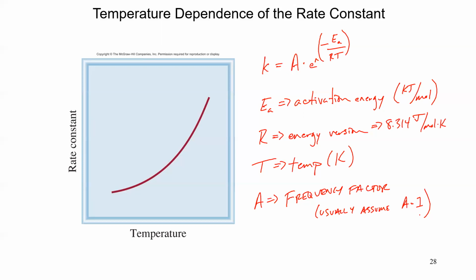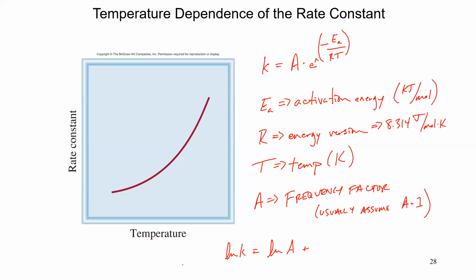Now, again, chemists, we like straight lines. And so this is a curved line. Anytime we have an exponent and we want to straighten it out, we're going to take the natural log. So if we take the natural log of all this, the natural log on the left is natural log of K. On the right, we get the natural log of A. Now remember, if A is 1, natural log of 1 is just 0. And so that's nice. Plus,